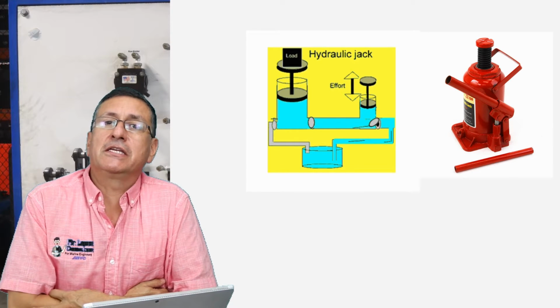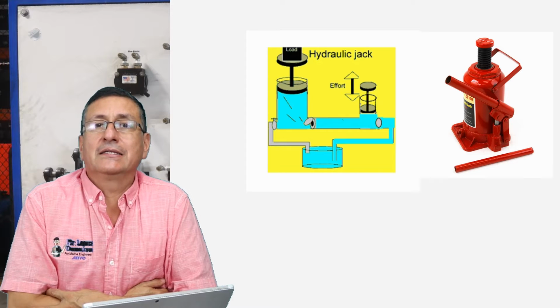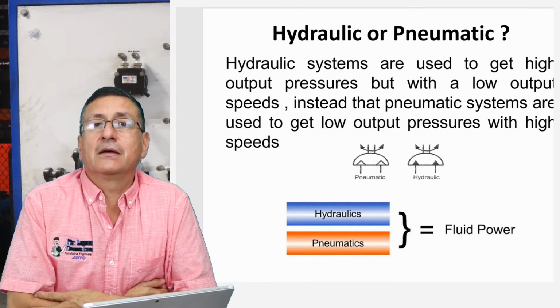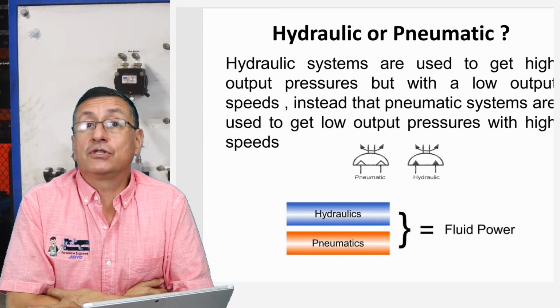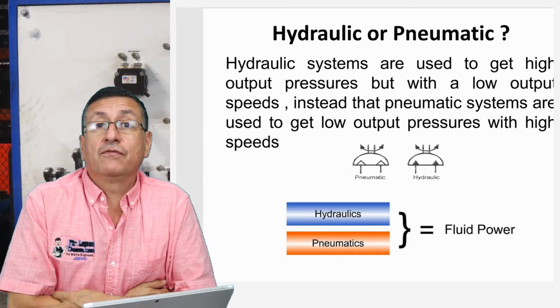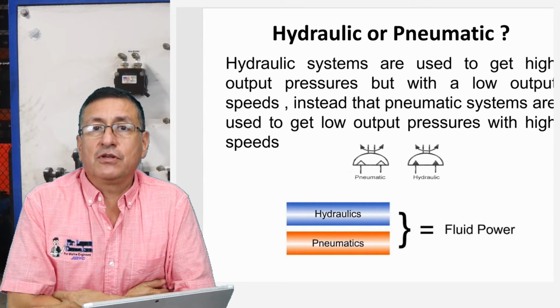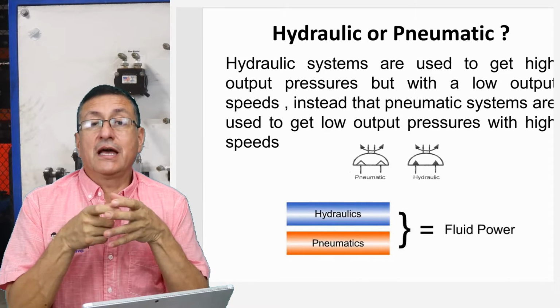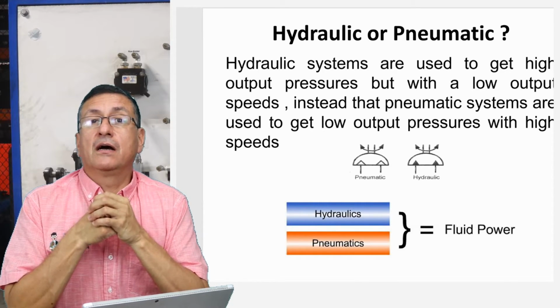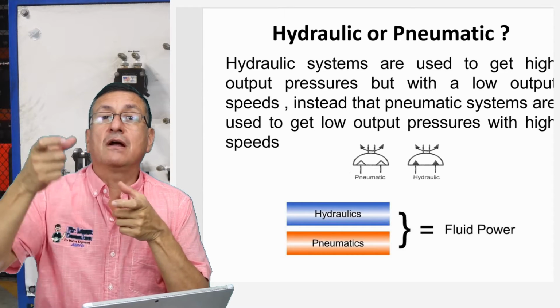But this is the hydraulic jack, and we are going to analyze in the next example the hydraulic jack and how, because the pressure is constant in the system, the force changes depending of the area of the piston. This is the most important part, and we are going to analyze depending of the diameter of the piston, the distance that each piston travels.